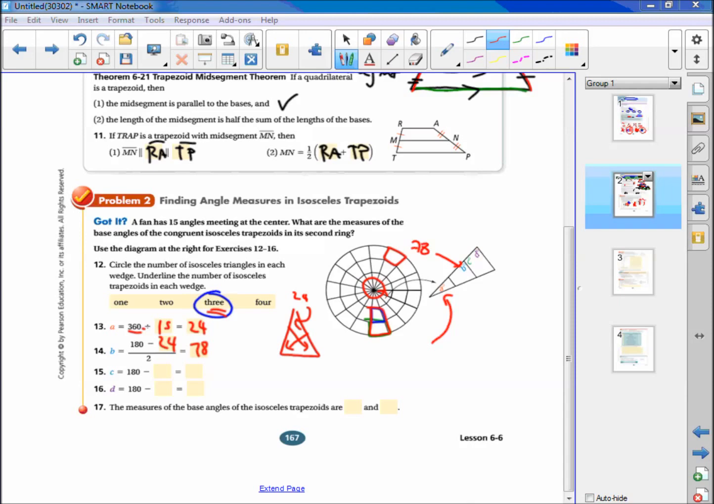C and B are going to be supplementary. They form a linear pair there. So to get C, I do 78 subtracted from 180, which would give us 102. Okay. And then remember,